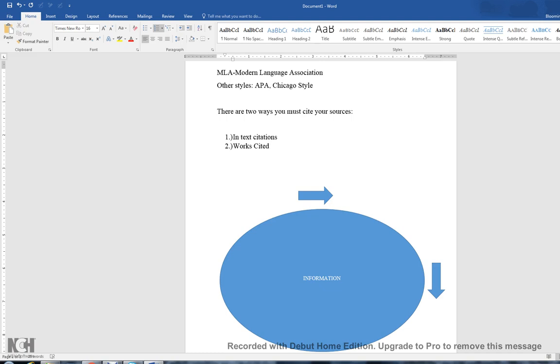Now, along with that, the in-text citation is supposed to, in a scavenger hunt way, lead the reader to the works cited page, which is the last page of your document. And the purpose of it all is that if you are dipping into this circle of information and drawing a quote out to put in your paper, somebody may want to read your paper and in reading it may find a source you're using, so that can lead them into the circle to try to find that source for him or herself. So it's kind of like a scavenger hunt. That's how research works, while at the same time giving credit to your sources.